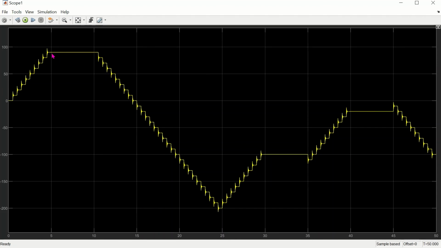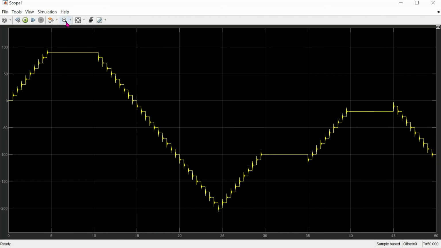Then we made the motor to halt for another 5 seconds. Then we run the motor in the reverse direction for almost 15 seconds. Then the motor runs in the forward direction, then halted for another 5 seconds. Then it runs again 5 seconds in the forward and halted for 5 seconds. Then again the motor runs in the reverse direction.